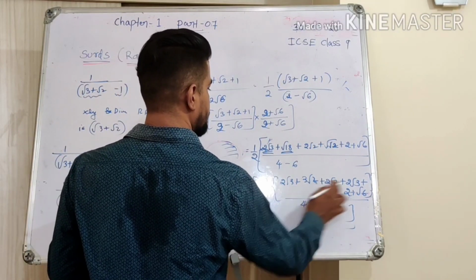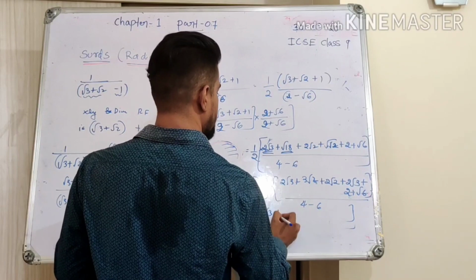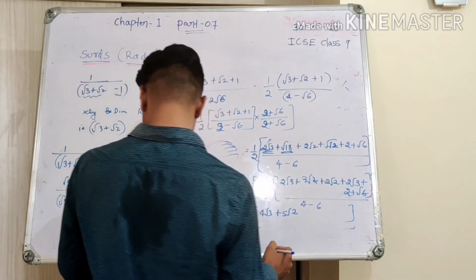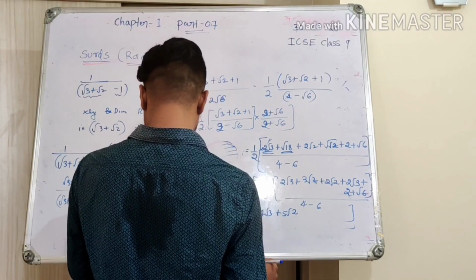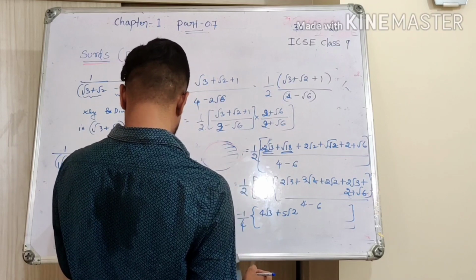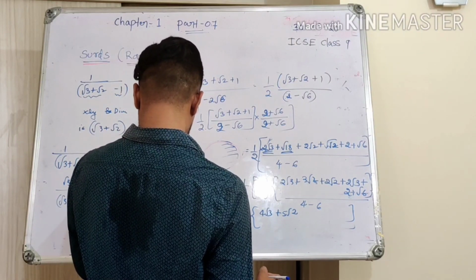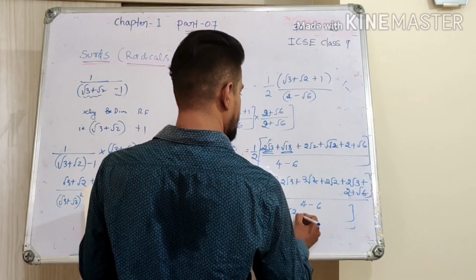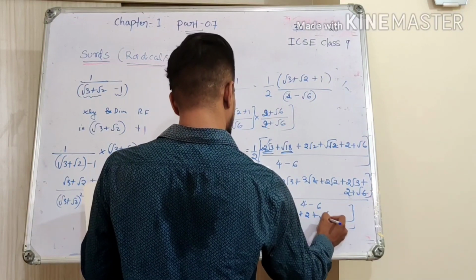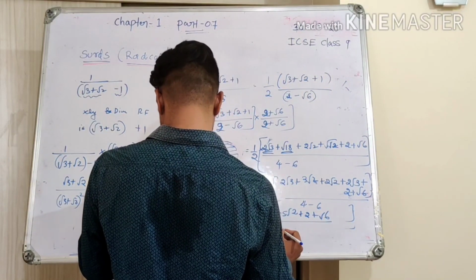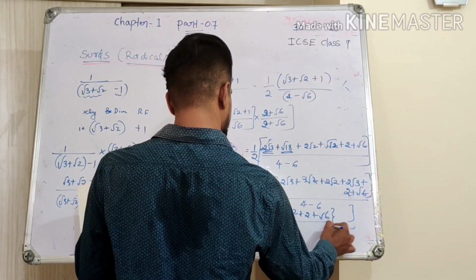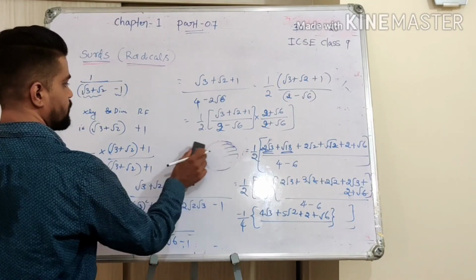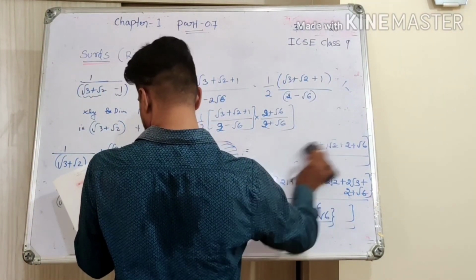So 2 root 3 plus 2 root 3 is 4 root 3, and 3 root 2 plus 2 root 2 is going to be 5 root 2. Yes, we are getting it right. 5 root 2. And then we end up with 2 plus root 6 divided by, yeah, that's it. Okay, let me do the simplification from this process again. Till this everything is correct.